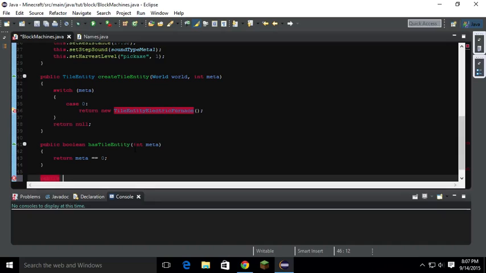It's public boolean on block activated, and then we're going to give it an integer of world, comma int x, int y, int z, entity player, int side,